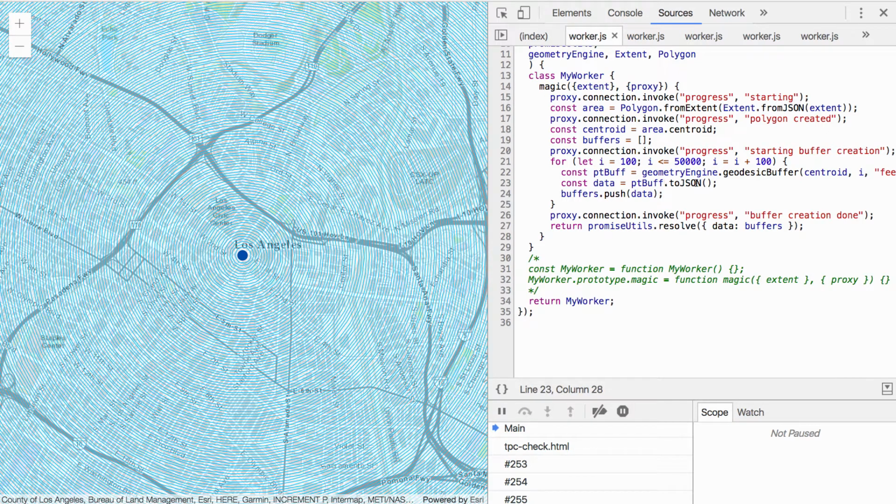Then I'm going to convert that to JSON and then push that JSON to my little buffers array that I've got sitting here. Then I'm just going to let the main thread know, hey, my buffers are ready to go. I'm done. I'm sending something back to you. And I just return a promise here, and this is the key part. When you return data from these invoked